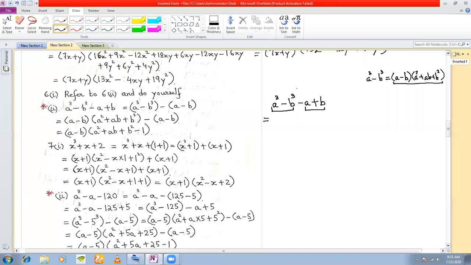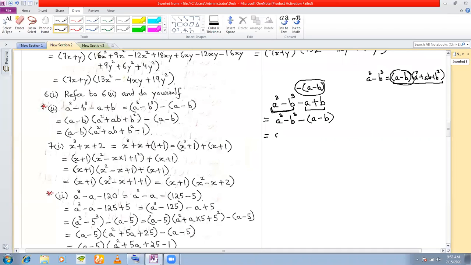What you also see is that if you take a minus outside and introduce a bracket, you will get an a minus b. So see, for the first part, you are getting an a minus b for a cube minus b cube. And for the second part, you're getting a minus b here. That means a minus b can become the common factor. So before writing a cube minus b cube formula, you group these two terms together. Okay, a cube minus b cube minus of a minus b. You group these two together.